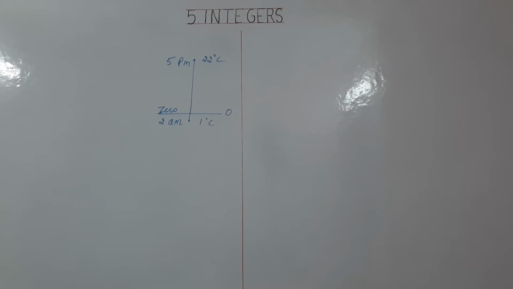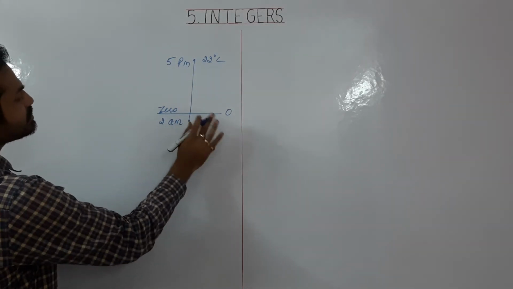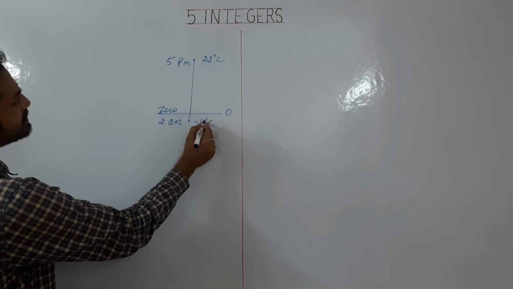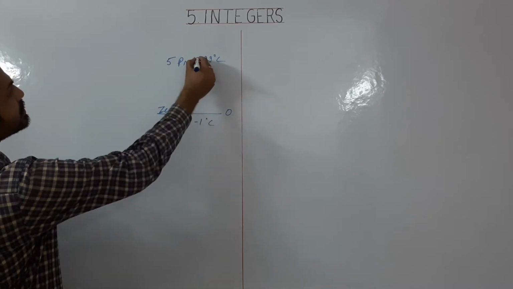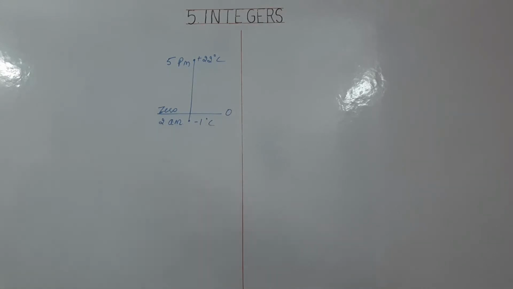At 2 a.m. the temperature was 1 degree centigrade below 0. So for below 0, we should use a negative sign, and for above 0 or